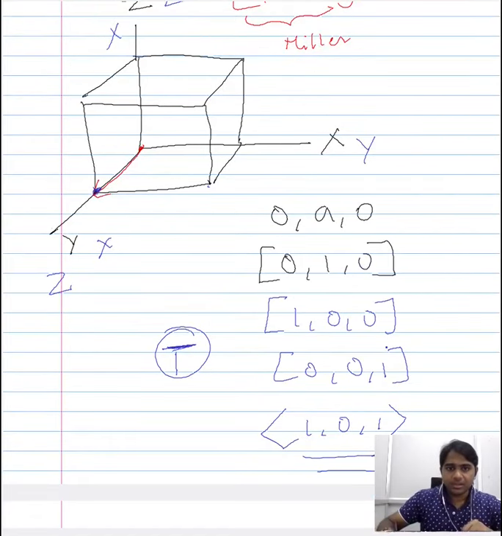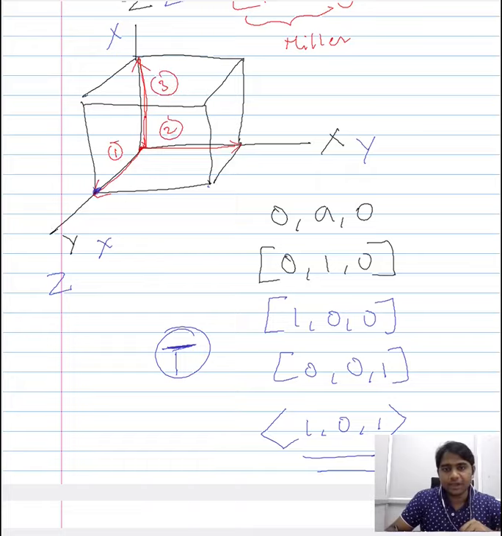In a similar way, one can also represent different directions for a given frame of reference and identify them to be equivalent. So when you compare this direction 1 with 2 and 3, you can arrive at the same set of Miller integers. You can express all these directions 1, 2 and 3 using the same set of Miller integers by playing around with the frame of reference. And that means all these three directions are equivalent, and they make the family of directions.